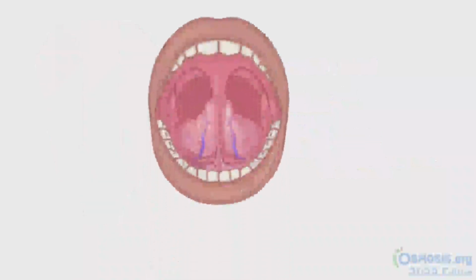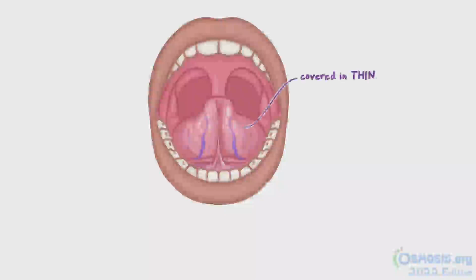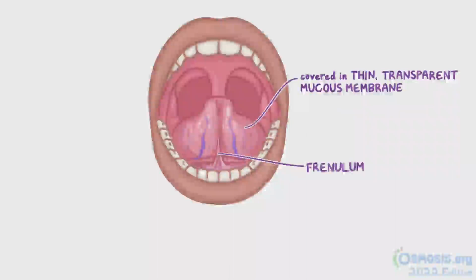Now, the inferior surface of the tongue, or its underside, is the smooth surface that rests against the mouth's floor. It is smooth because it is covered in a thin, transparent mucous membrane, which is connected to the floor of the mouth by a fold of tissue called the frenulum. The frenulum allows free movement to the anterior part of the tongue, while also helping to anchor the tongue within